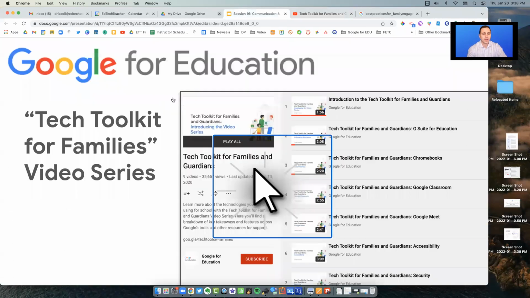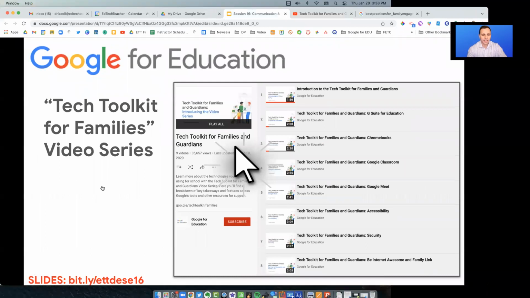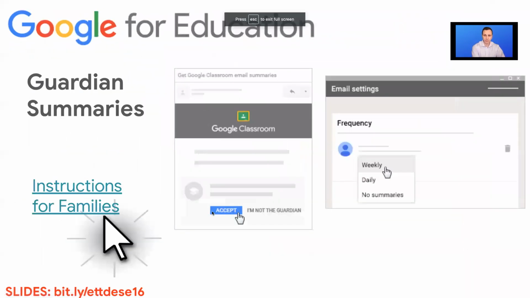All right, so the next part has to do with Guardian Summaries. Now, most of you on the call have probably used this before. You've maybe even set this up with your district, but I'm still surprised at how much confusion remains in school districts. As I mentioned, my kids go to schools, and I'm engaged with a lot of schools through EdTechTeacher,